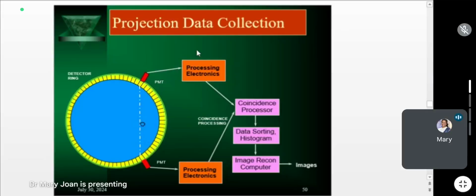Then the processing electronics does the coincidence processing, and the coincidence processor gives its output to the data sorting and histogram production. From that, the image reconstruction is done using computers, using the similar or same kind of algorithms which we used in